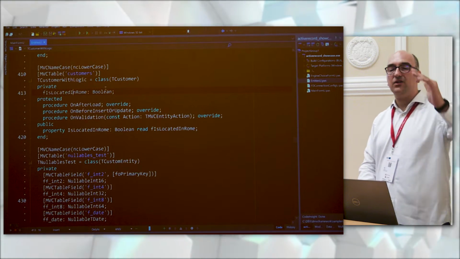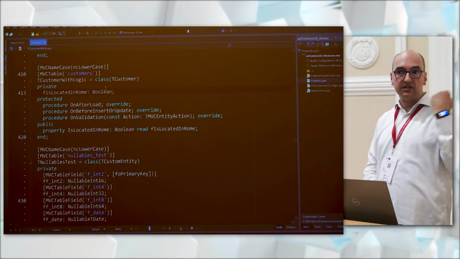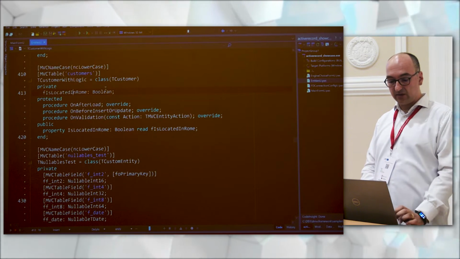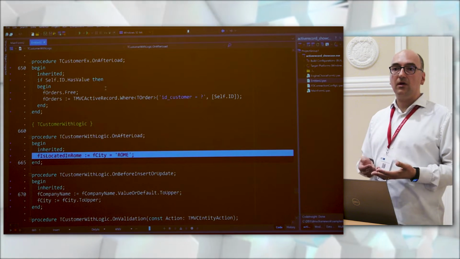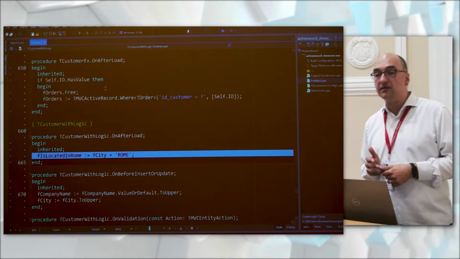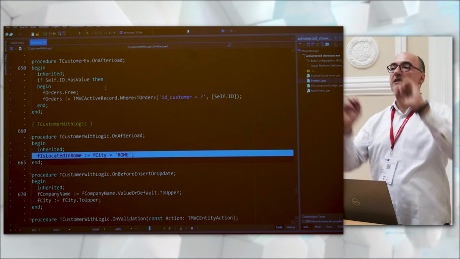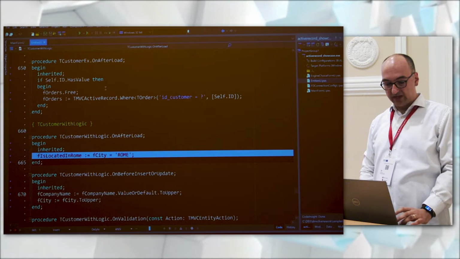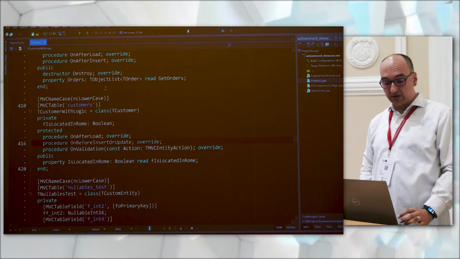I don't have to redefine attributes at the field level because they have been defined in the customer. In the after load, we define a new value for the property is located in Rome, because for some kind of business logic I have to know if an instance is located in Rome. If a customer is located in Rome, it is a kind of business logic.